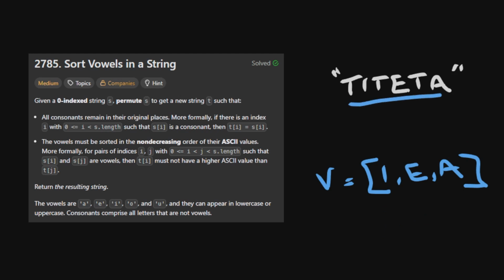Now whenever we find a vowel and we add the vowel to this array, we are also replacing the character with the vowel with an asterisk. So here we have an asterisk, here we have another asterisk, and here we have another asterisk. After doing this, we can sort this, so the new array is A, E, I,